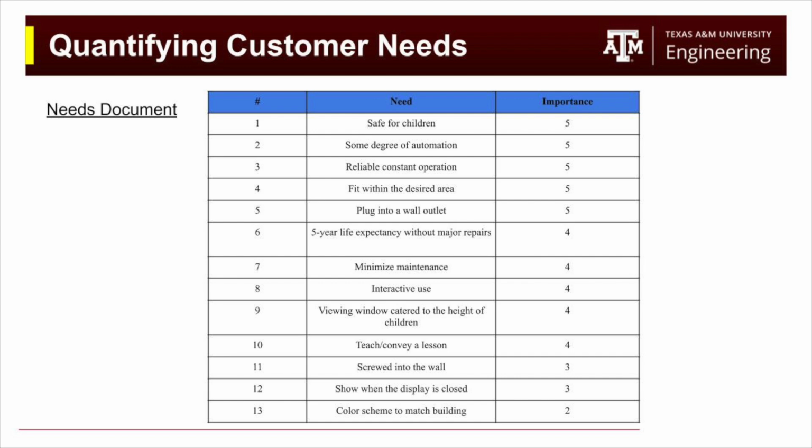After identifying all of our customer needs from the interview and other conversations with the Boys and Girls Club, we tabulated the needs with an updated importance score ranging from 1 to 5. This wider range allowed us to better differentiate between which needs were of greater priority to the customer. Needs ranked as 5 were considered critical to the success of the project, while those ranked as a 1 were deemed low priority but still worth considering if resources allowed. This updated needs document served as a foundation for our design decisions and helped us ensure we were meeting the